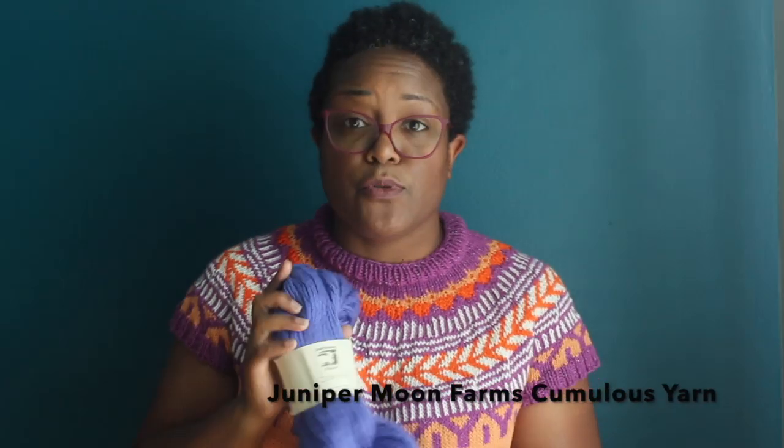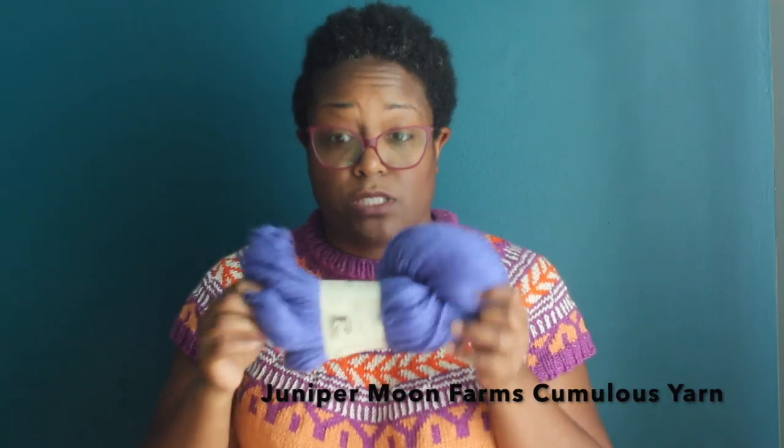can you see this lovely periwinkle? That's just gorgeous. This is Juniper Moon Farms Cumulus yarn. It's worsted weight, 251 yards of 94% cotton and 6% nylon. And when I tell you it feels like a cumulus cloud in your hand, this is some of the softest,